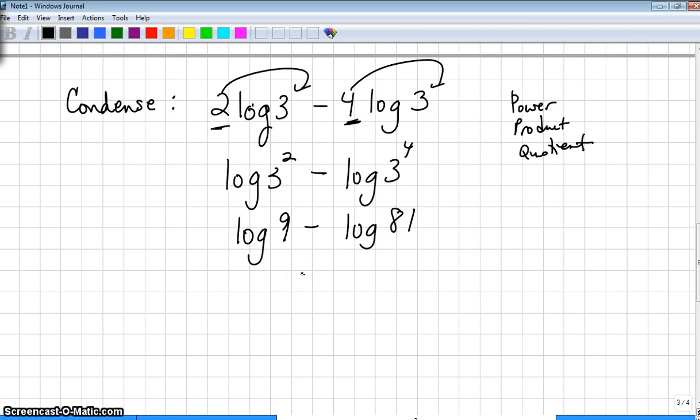So we're going to change 3 squared to 9, and 3 to the 4th to 81. Now I want to look for the product property. How do I know I need to use the product property? If I see a log plus a log. I don't have that. But I do have a log minus a log, which means I need the quotient property. So I'm going to condense these two logarithms into one and make it log of 9 divided by 81. And 9 divided by 81 is